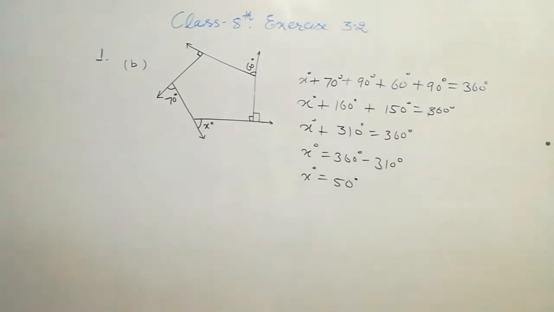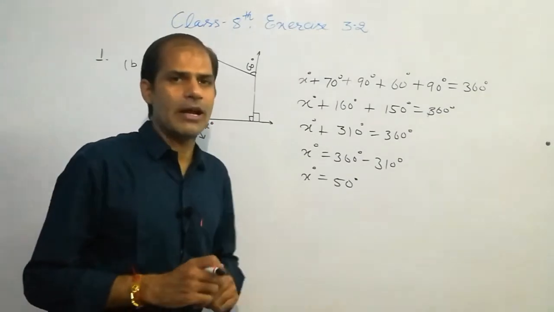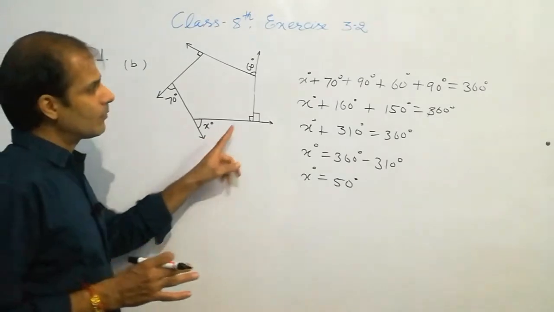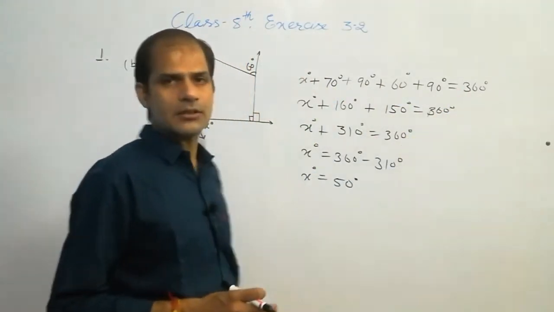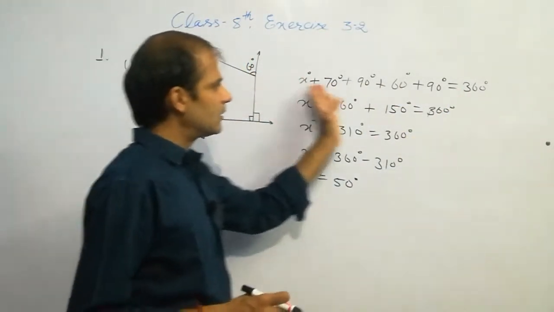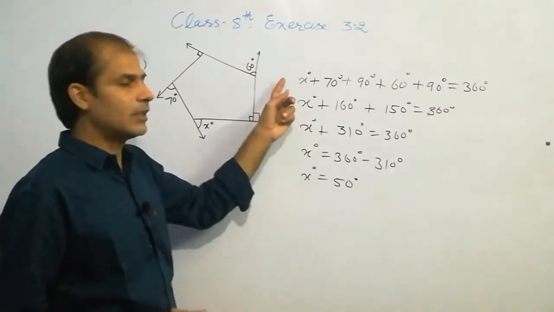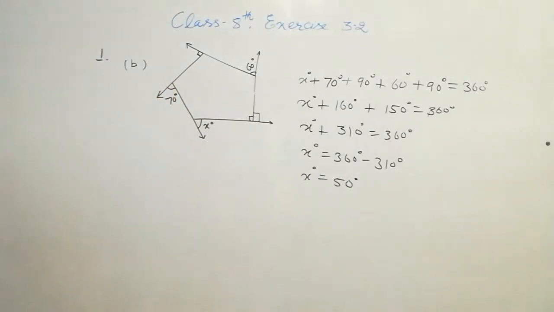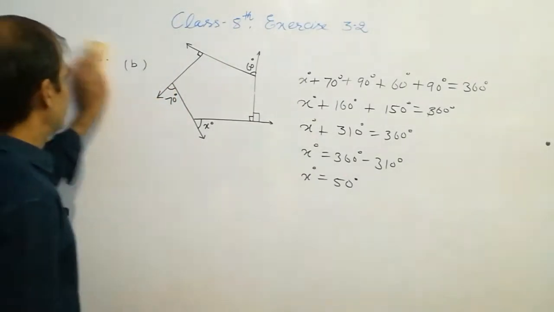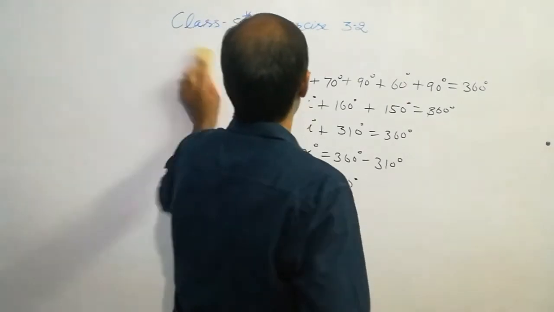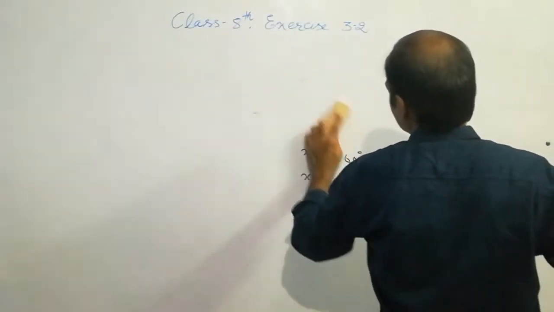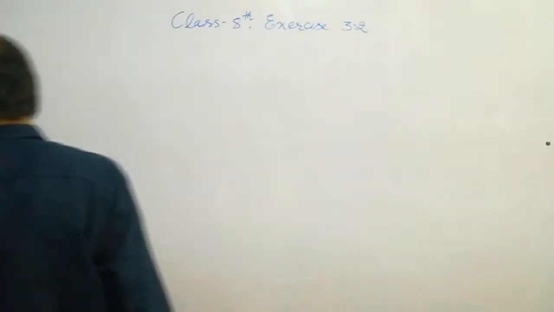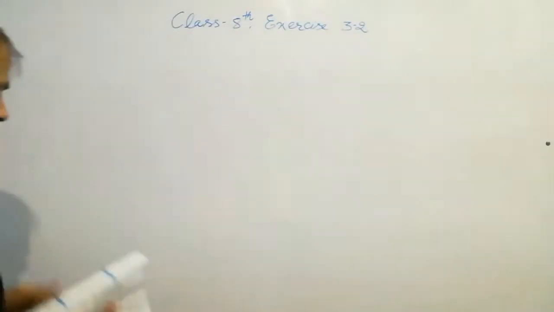Okay students, you have to use the same concept when you have to find the value of any exterior angle. The property is that the sum of all exterior angles is 360 degree, and this is a linear equation. Simply a linear equation in x, you know how to solve a linear equation, so in this way you can find the value. I have solved part B only because part A will be given as a part of your homework.